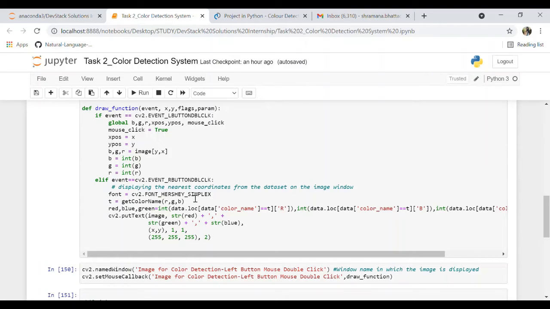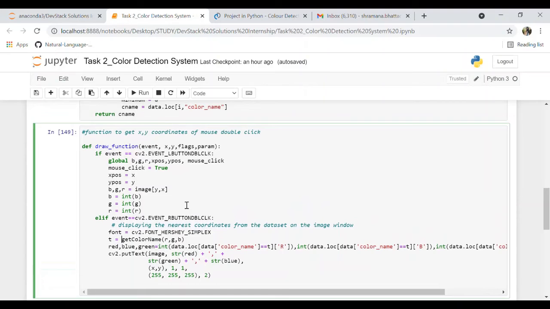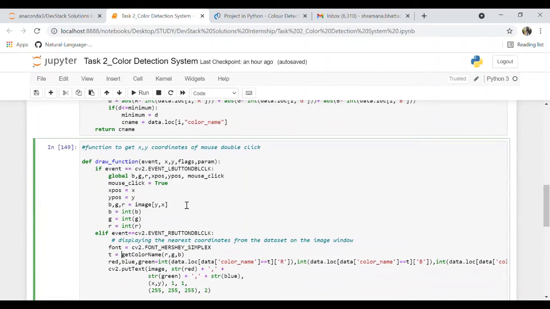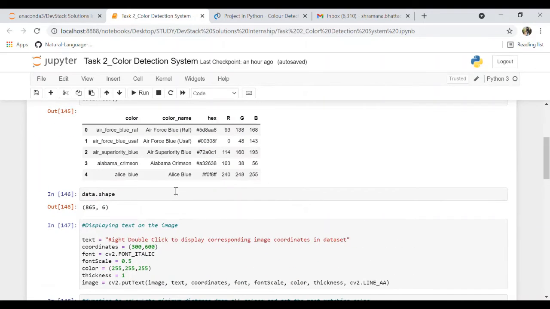It's not that it has a big significance to the program, but still it was fun to display the nearest coordinates from the dataset on the image window as well. So what it is doing is that this t variable is storing this color name. Say for example we have the color copper, or say the color is Alice blue. I mean the nearest